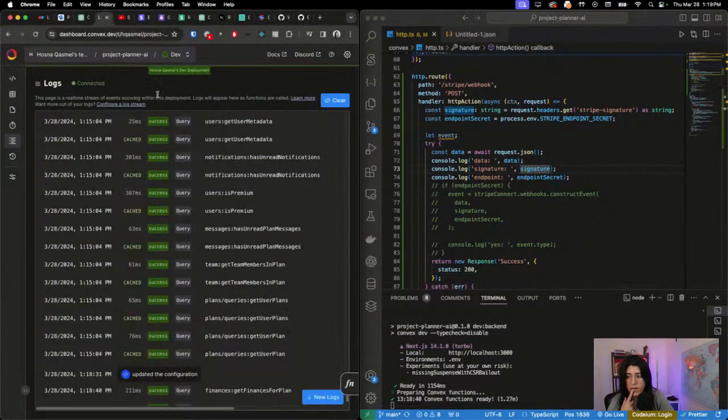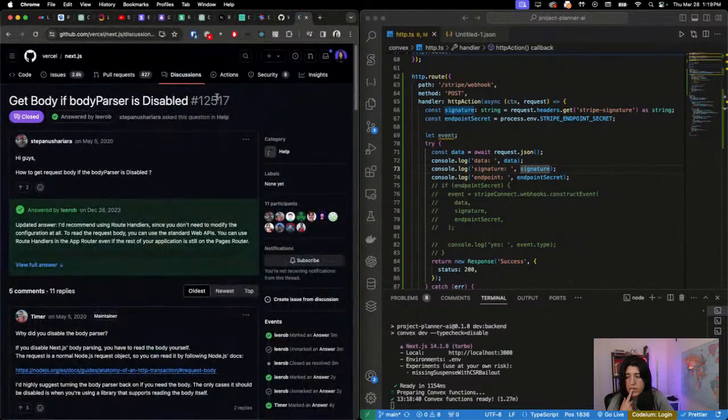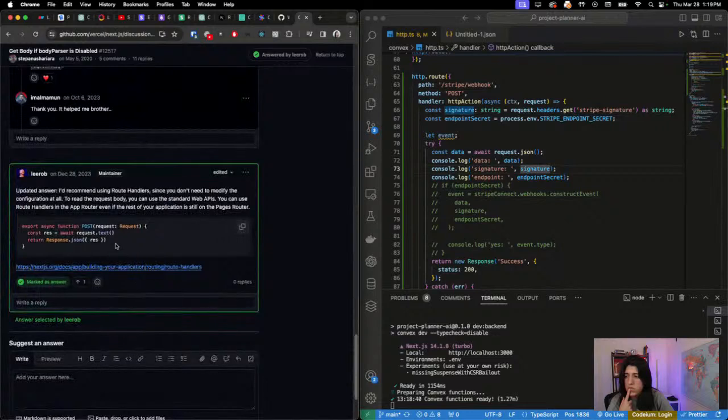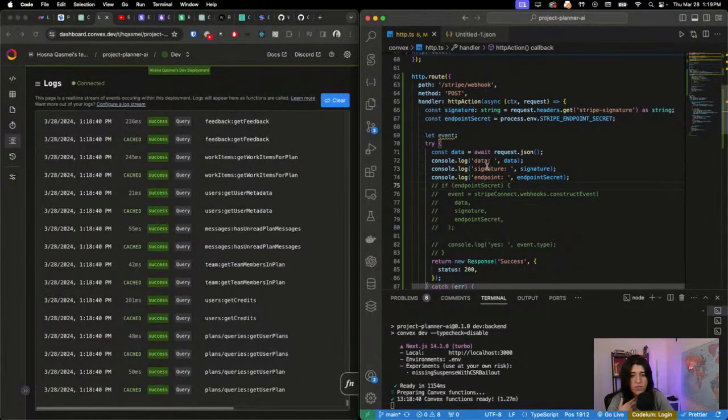Oh, you're talking about here? Updated answer. I recommend using route handler since, oh, okay. I'm just trying to log if the event shows on the console logs. Yeah, sorry about that. I'm logging in